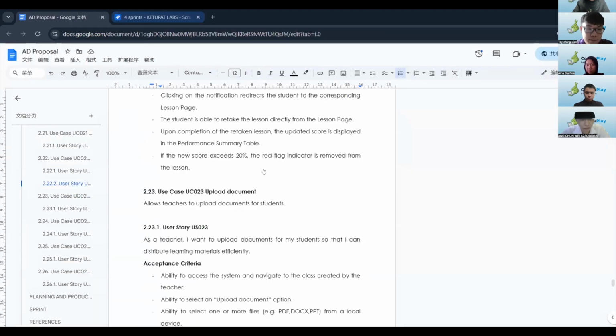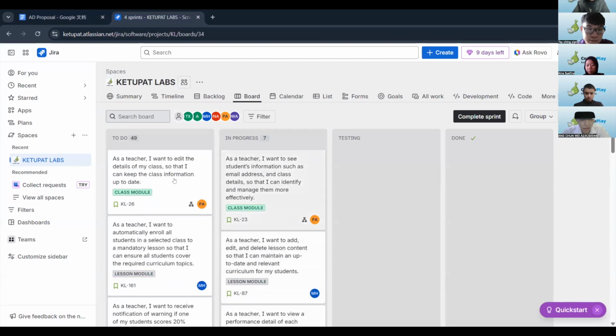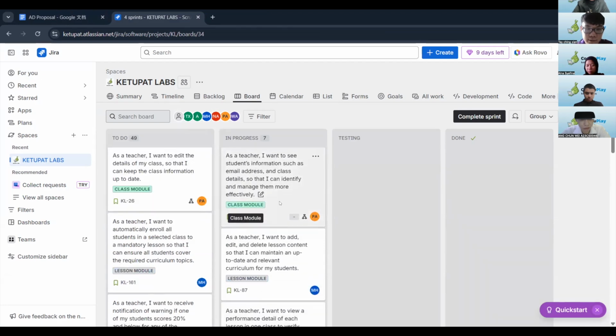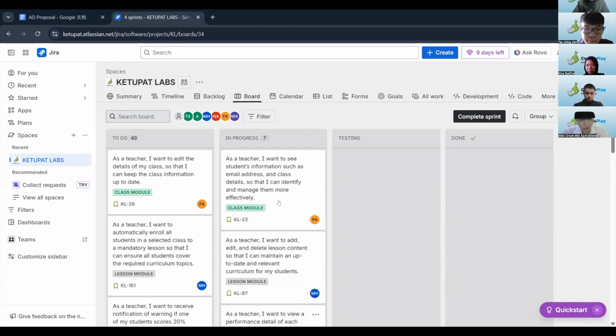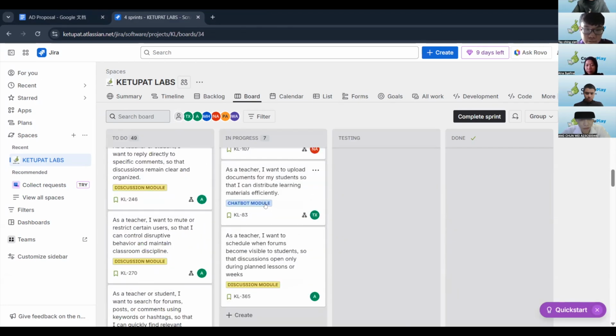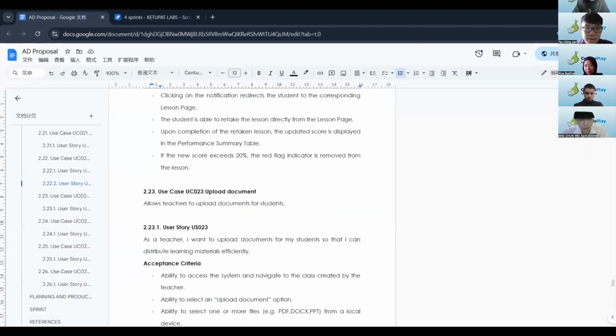Our Scrum Master has put everything here, what we need to do individually, and what the tasks in progress are. So for me, I am assigned to do the chatbot module. So this is the thing we